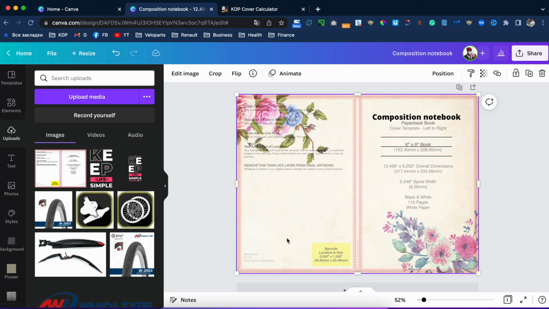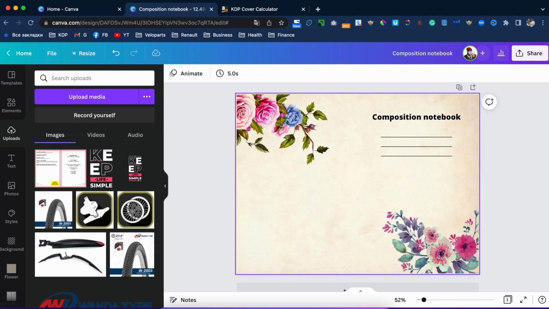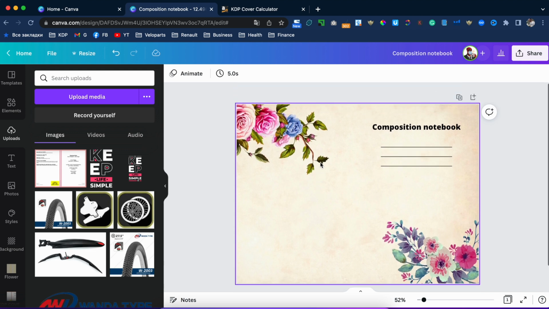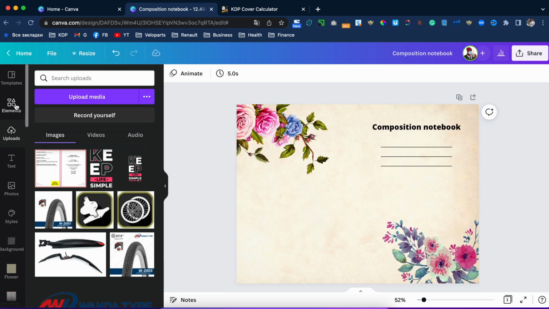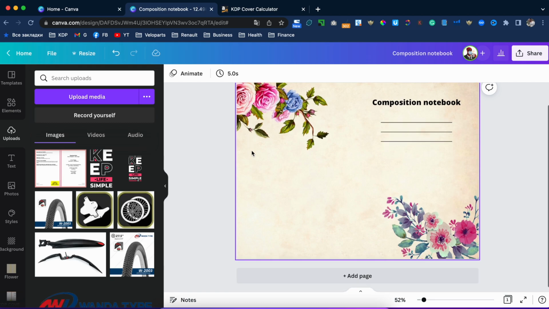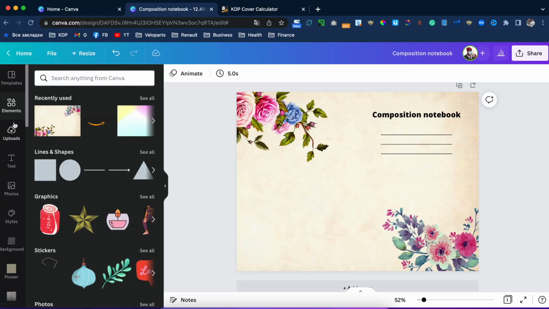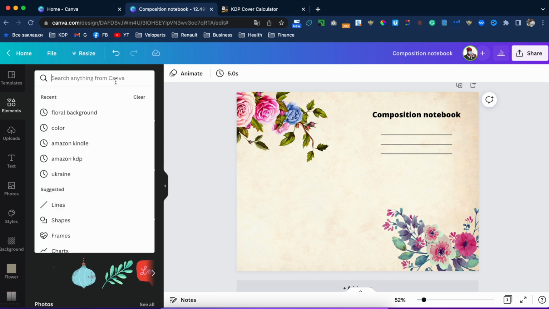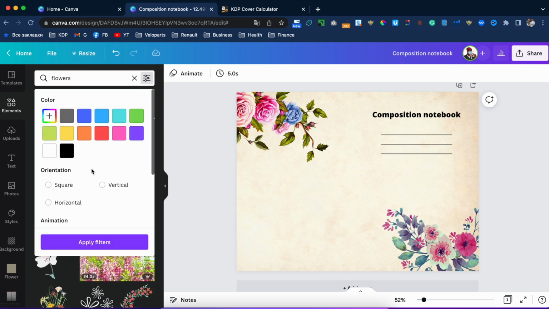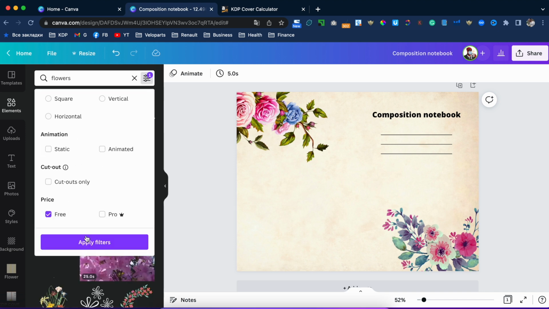The dimensions are right, but I probably will add some flowers to this particular design. A small tip for you: if you want to be more competitive on Amazon, you should combine some different designs. So let's go to elements and find some, I don't know, flowers. Yeah, flowers. So check, it's only 3 options we need.